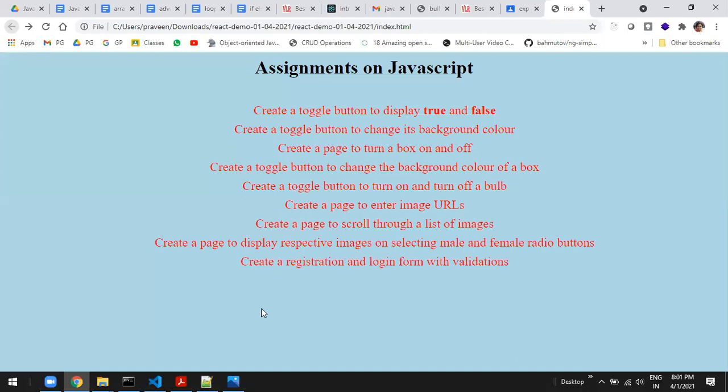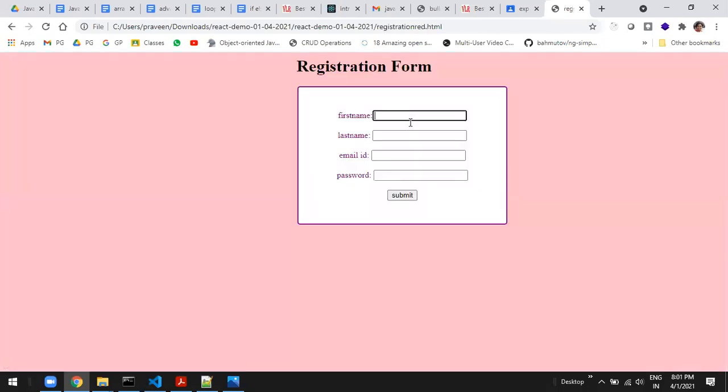When the student is female, you should print a female image. This is all a real-time example, so I'll start with the fundamental points from scratch like this, and I will end up adding the registration fields and storing them in local storage. Once you submit, you will need to log in again.